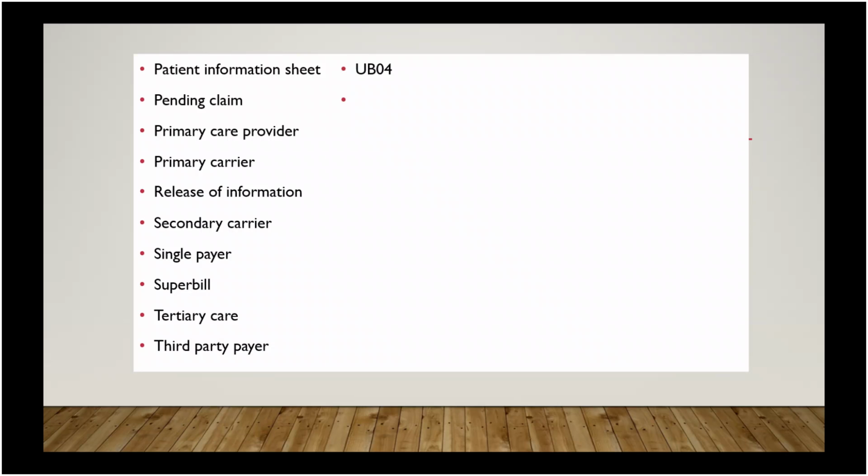The UB04, also called UB, is the universal billing form used to submit hospital charges. So our revenue codes versus the other. See if there's anything else. Third-party payer. We've already discussed that. So that's just a few more. Again, we have